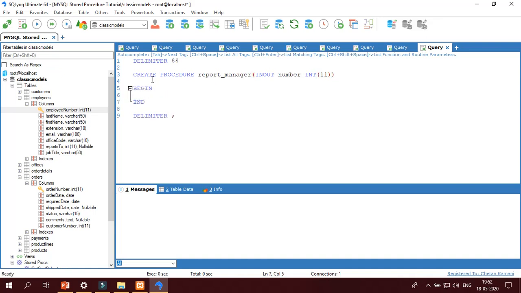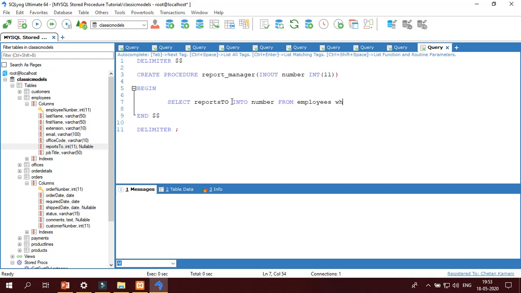Begin and $$. Now select reports to, this column. Select reports to and store into number from which table? Employees, where employee number equal to number.